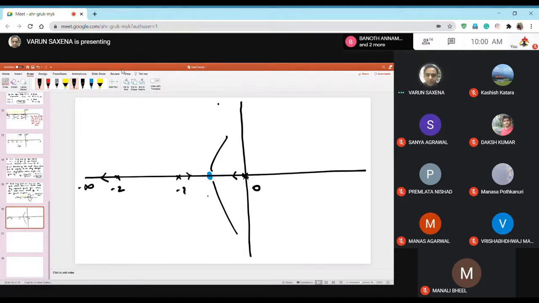This curve, let's not call it graph, let's just say there will be a shootout of this curve somewhere in the wild S plane, and it will keep on going, so that it reaches infinity. There is no other way it can reach infinity. I'm not saying that it cannot go along the straight line. It can go along the straight line, but then